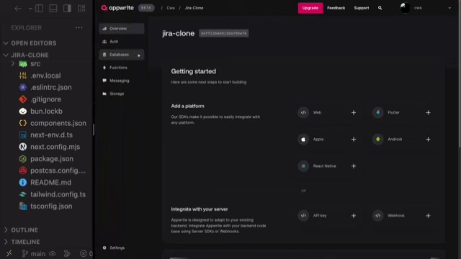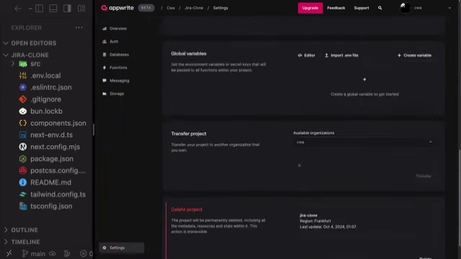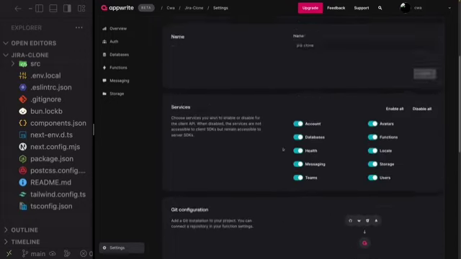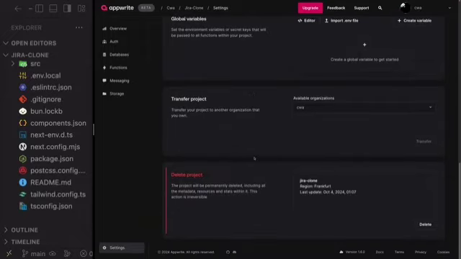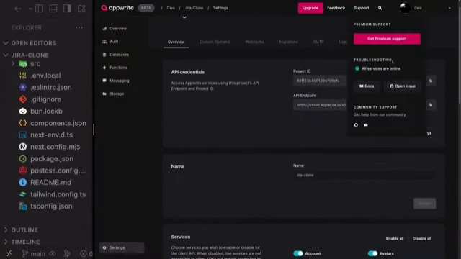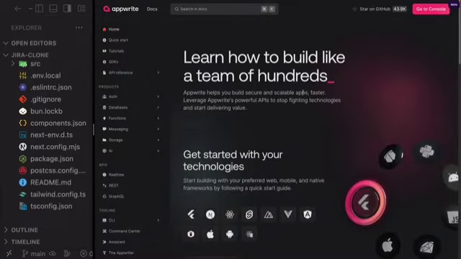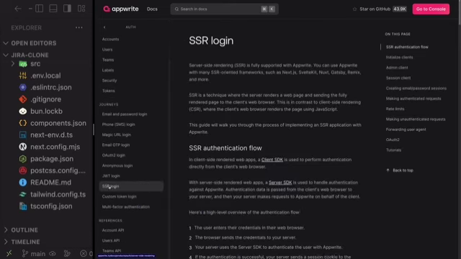So what we're going to have to do next is set up a database and also set up our API keys, which I'm not sure where we can find, but we will set them up now following the documentation. So let's click on support here, and you can always click on the docs. I want you to go inside of products, auth, and find SSR login. If you want to, you can explore Appwrite on your own. They have great documentation, but we will specifically focus on